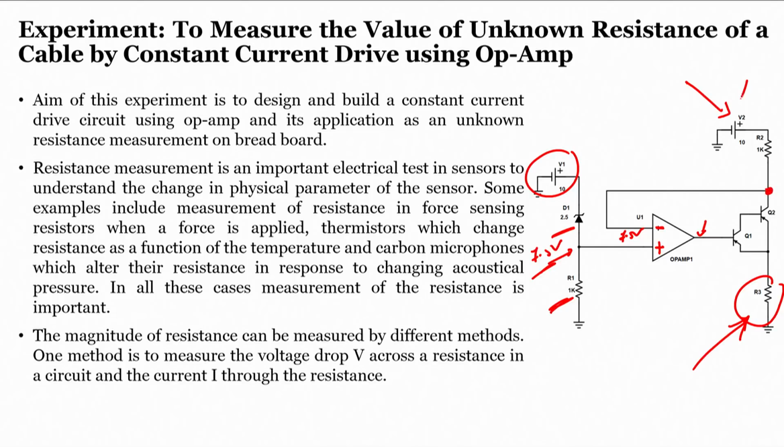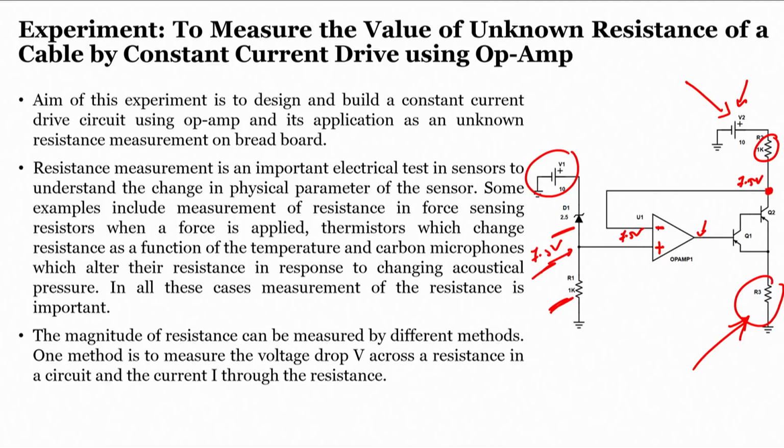Here is 10 volts, here is 7.5 volts, that means the voltage drop here is 2.5 volts. Now, if we know this 2.5 volts, we know how much is the current flowing through the collector of Q2. If we know the current flowing through collector Q2, we can also calculate the current flowing through emitter, because it is related with the constant called alpha, and we can measure this value. Thus, if we know the current flowing through collector and emitter, we know the current flowing through the resistor R3. This is the idea of this particular experiment.